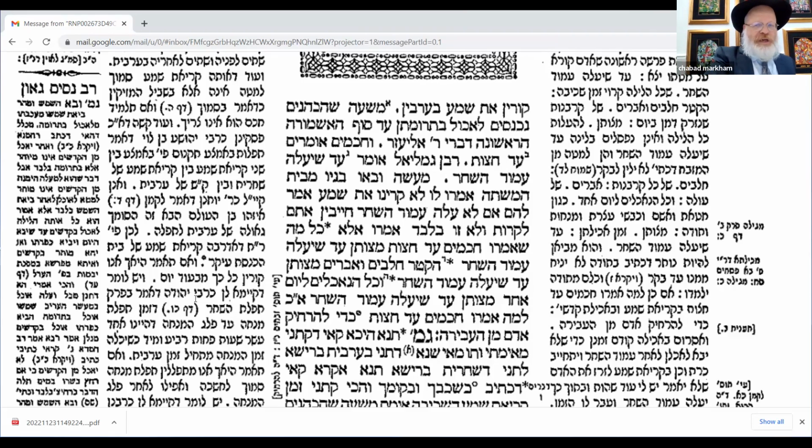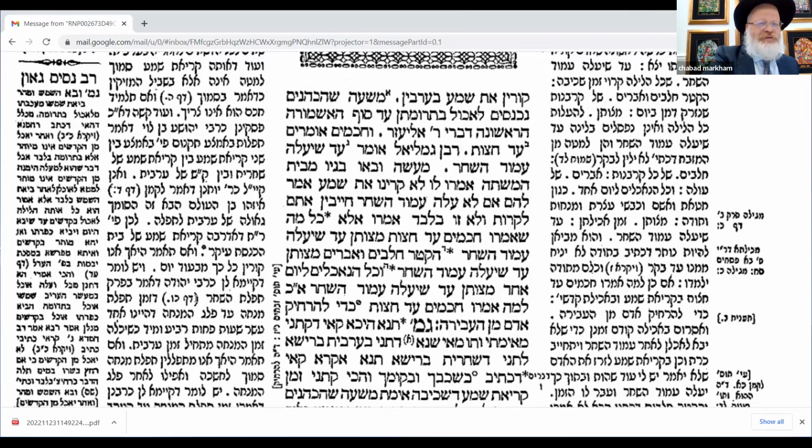Now you see over there's a little base on top of Ad Chatzos, so that gives you a clue that maybe that's the rule, right? Because you see the base is sending you off to the code of Jewish law, right? On top of the word Ad Chatzos, you see a little base. And the halacha is like that, right? Usually, whoever has that letter, that's what the halacha is like.